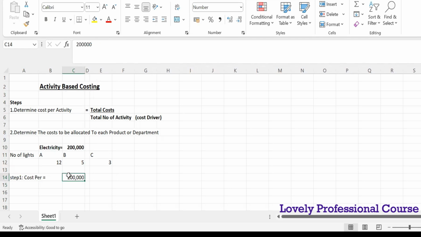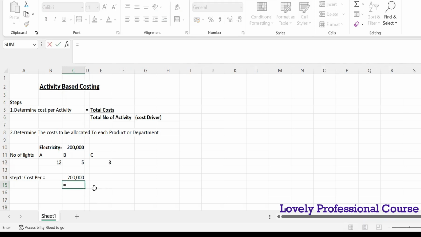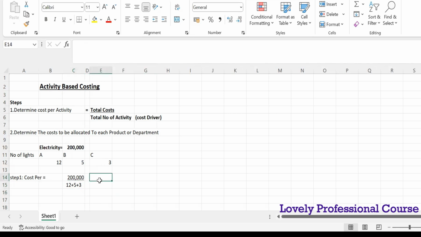Then of the activity, I divide it by how much? By the total number of activities. So how many activities? I know the number of activities is 12, plus 5 in department B, then plus 3 in department C. Are we together? So this summation will give me my cost